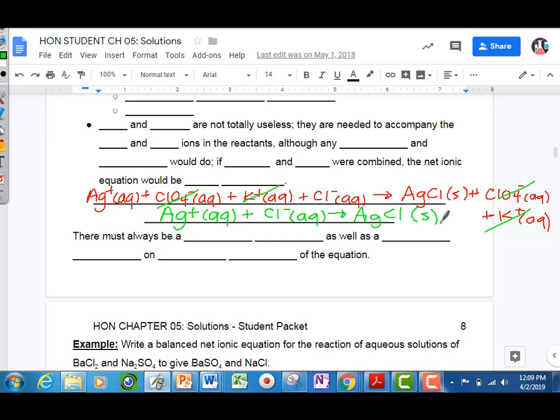So those spectator ions really don't have any effect on the net ionic equation. They're just there to accompany the ions that we care about to the reaction as the other half of the reactants. Important thing, there must always be a mass balance